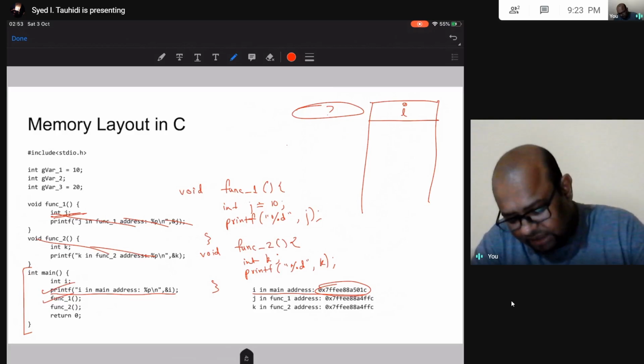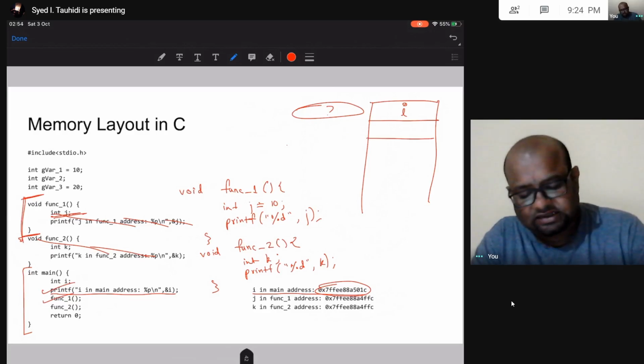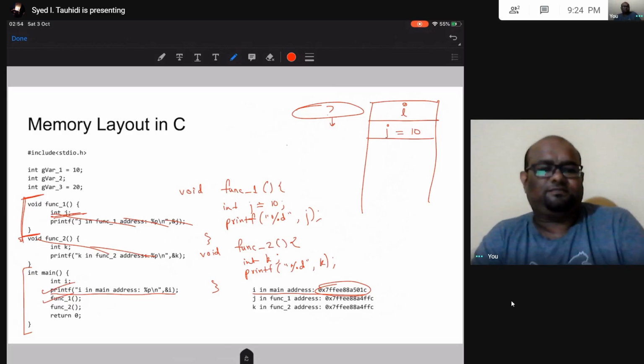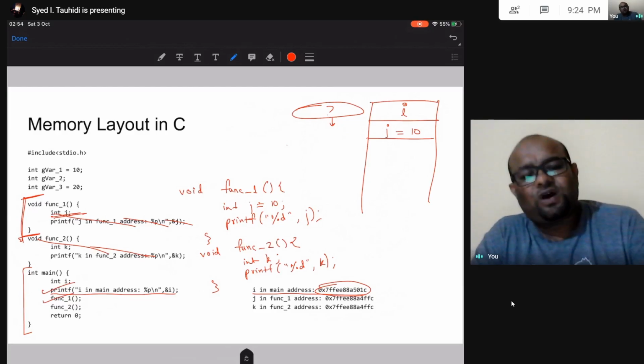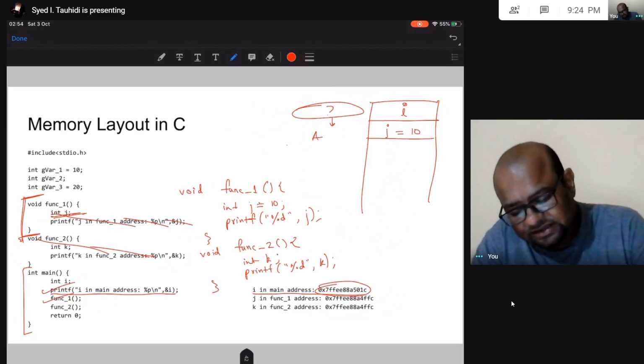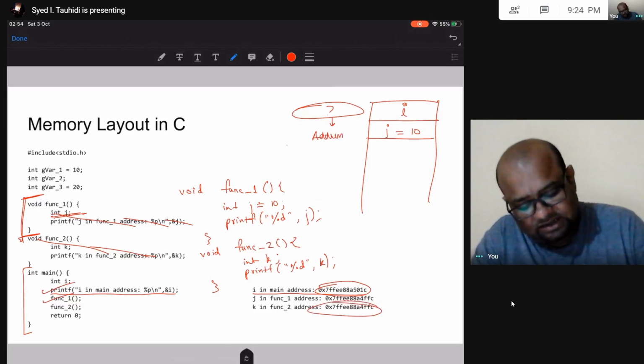Now when I am executing this function, j is going to be allocated some address, okay, below i, and this is initialized to 10, right? So right now in this address, these two are the same.